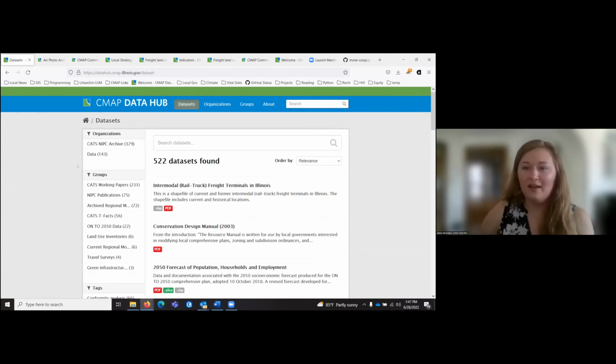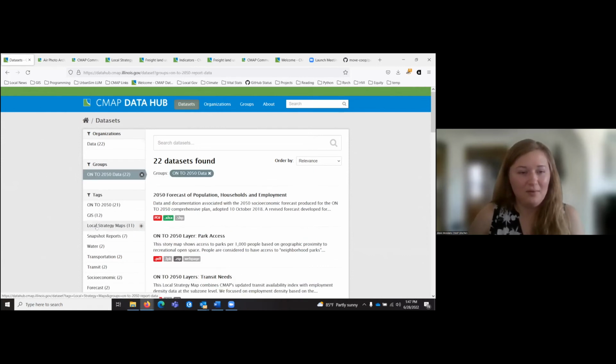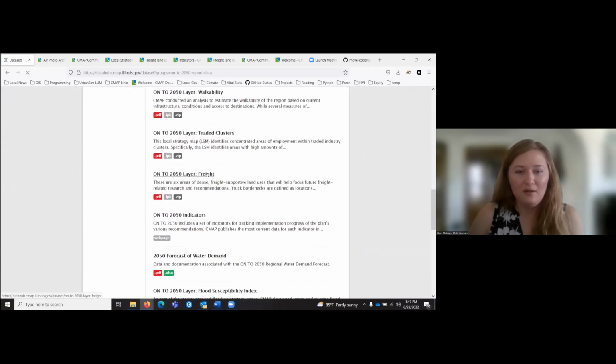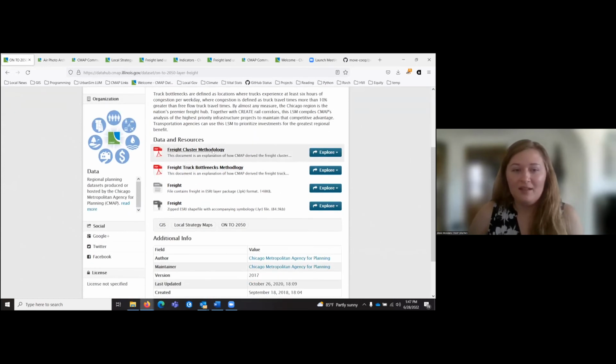So earlier I highlighted some local strategy maps involving freight data for the ONTO 2050 comprehensive planning process. We do have a group that puts together the ONTO 2050 data. And I can scroll down here to show you where the shape files for some of that freight data from the map that I showed you earlier can be downloaded, as well as the methodology documentation for how we produce those